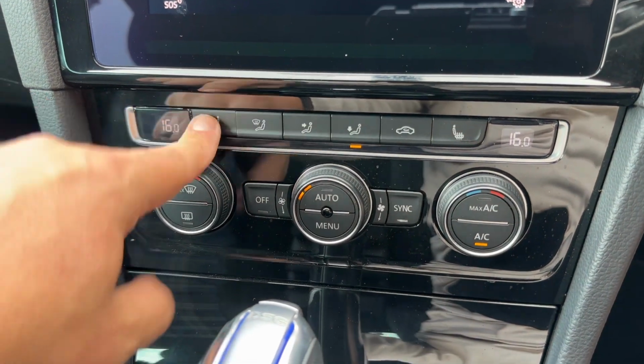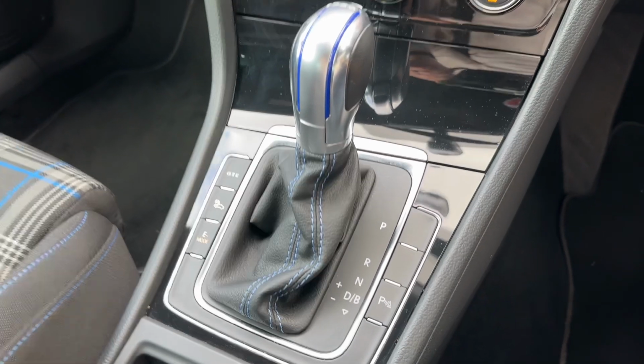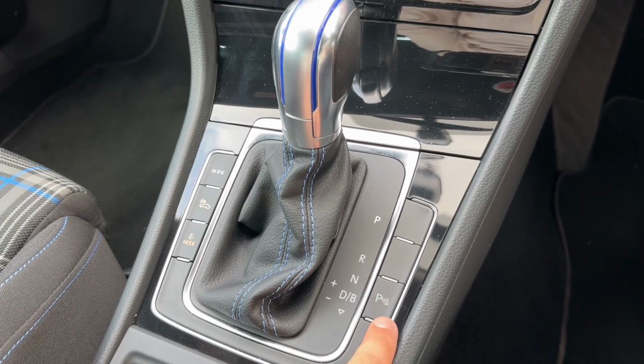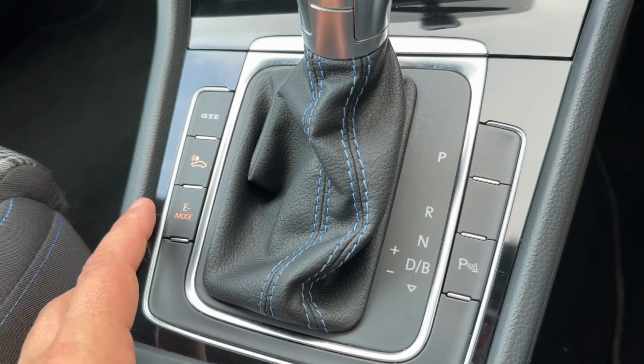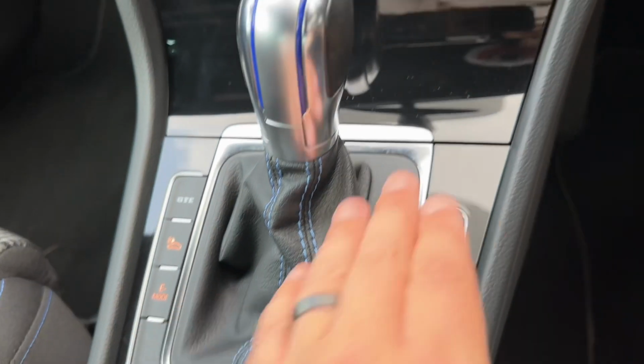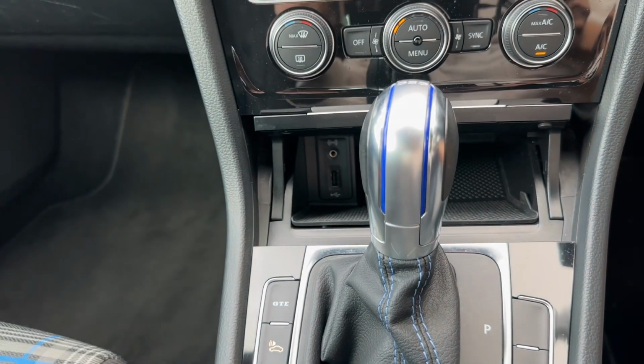heat settings on each. We then have the gear lever for the fully automatic gearbox. Parking sensors you can turn on and off from here. We can put the car in electric vehicle mode if there's enough charge. And we have some storage that opens up inside there, and that is also where you'll find your USB and